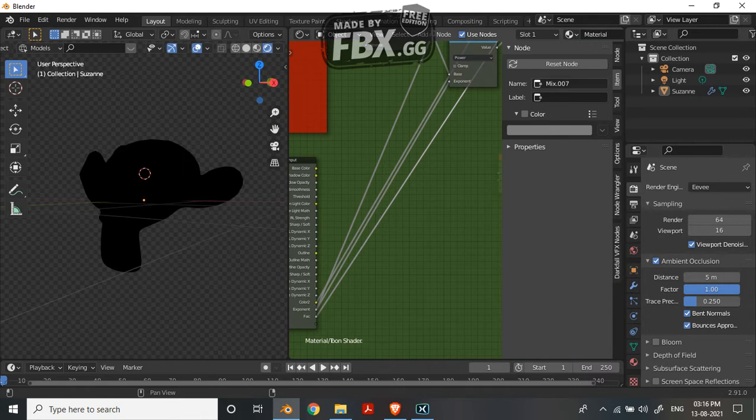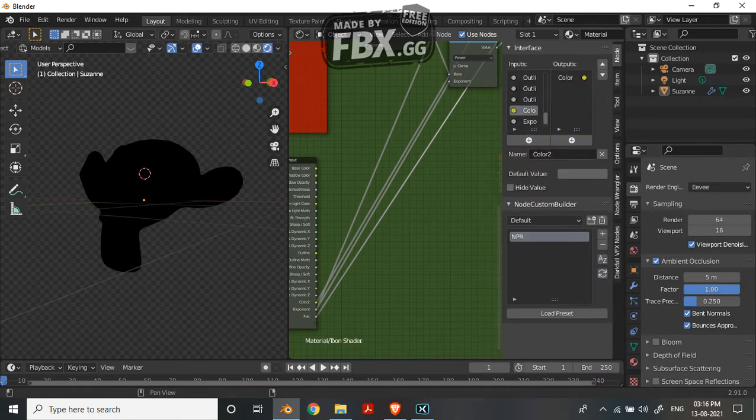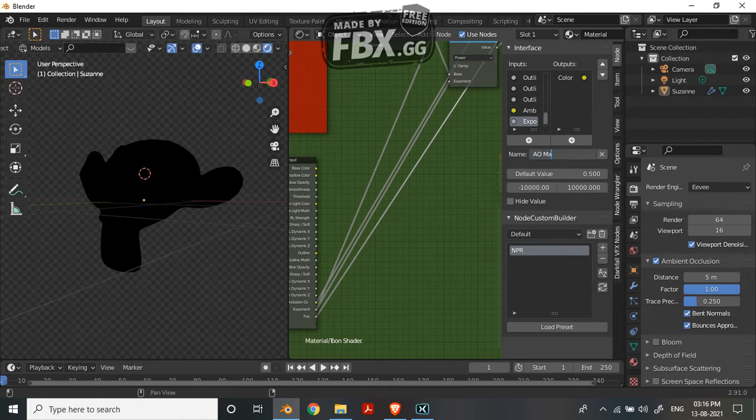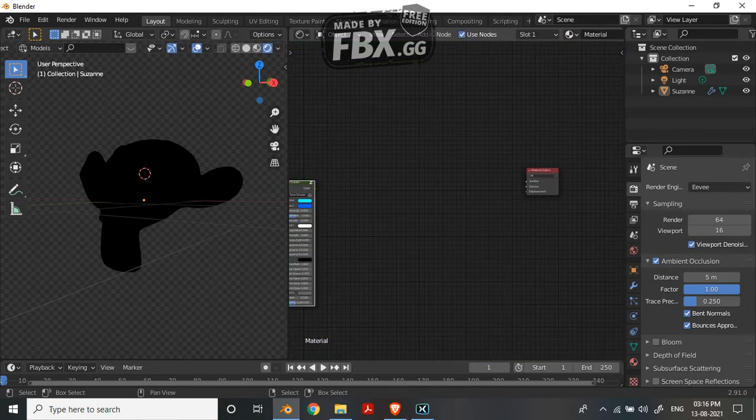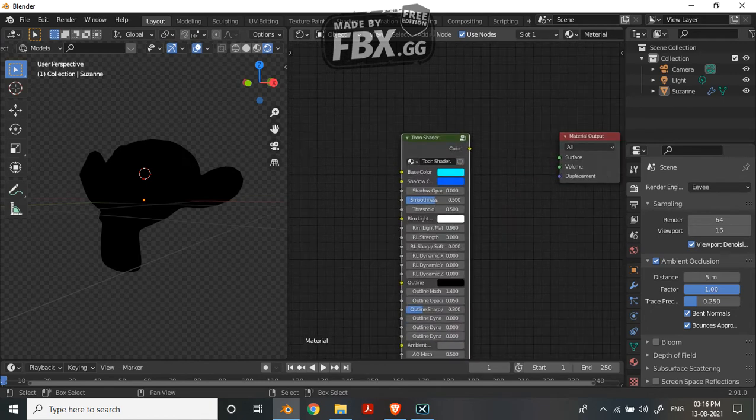So I'm gonna just rename all of these. This is gonna be ambient occlusion color. This is gonna be AO math, and this is gonna be the AO sharp slash soft. Right, right now if you connect this, I'm gonna just connect this in here,